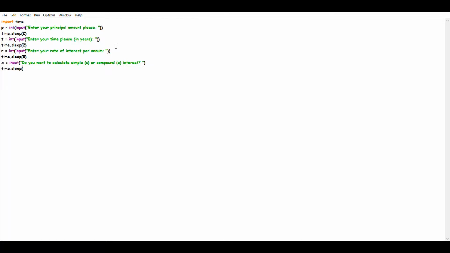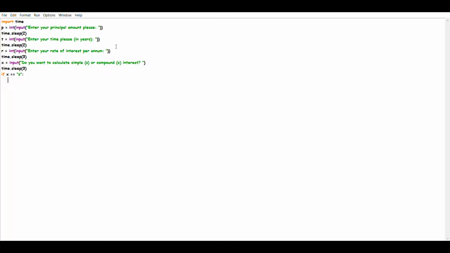Now this is again a new command. No, this is not new. This time.sleep is not new. You know that. But after this, if x is equal to, double equal to, because we are asking if it's equal to, if x is equal to s. Now what it will do is, now the x value has been stored, right? Whatever the user types, the value has been stored. If he types s, it's stored as s, and if he types c, it's stored as c. Now in the next part, if x is equal to s, if the user typed s, then